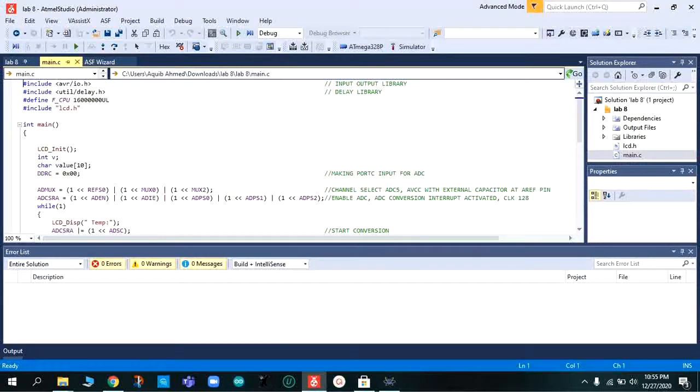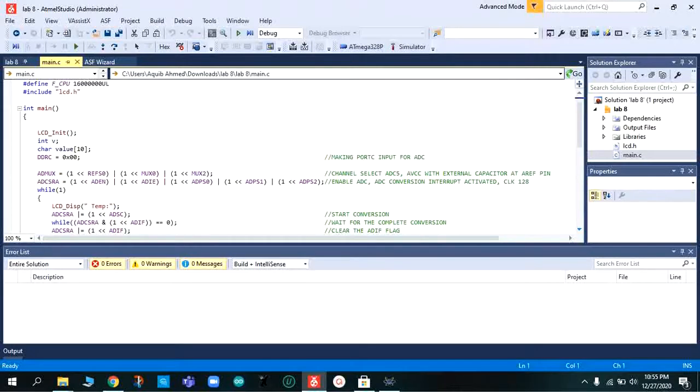Lab 8 task is to display temperature on LCD using ADC temperature sensor. This is my code for Lab 8. Libraries are defined. Now I am going to explain it. DDRC is equal to 0x00, making port C input for ADC. ADMUX is channel select ADC 5, AVCC with external capacitor at AREF pin.